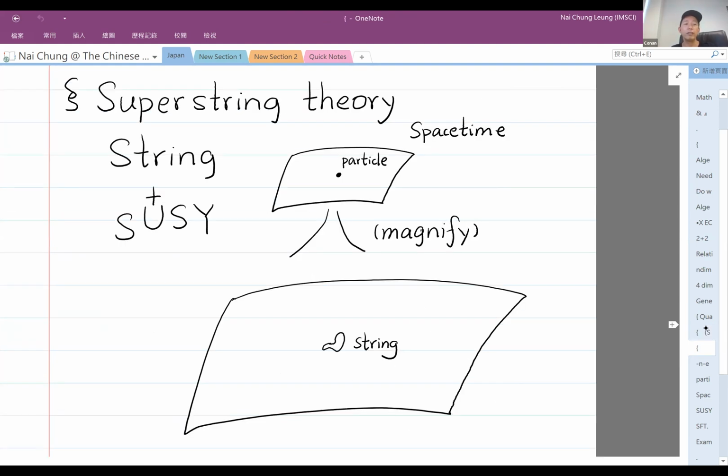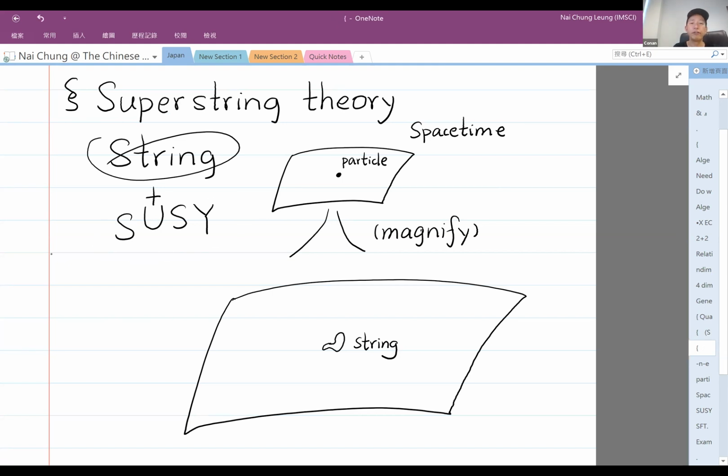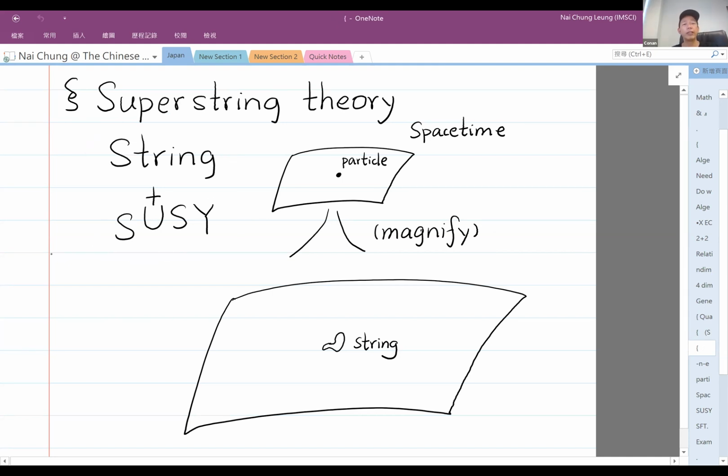So now you have string theory with supersymmetry, which is called superstring theory. As I mentioned, that was the theory supposed to integrate both general relativity and quantum theory. So it's a string and supersymmetry. And what is string theory? It says that if you are observing a particle in our space-time, it looks like a tiny particle. But if you magnify it by a huge amount and look close enough, it is a string.